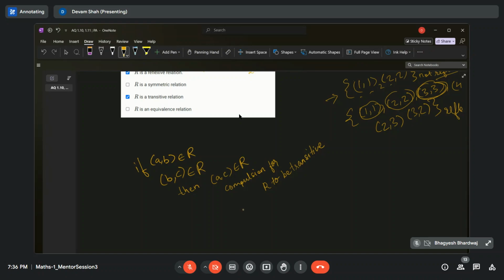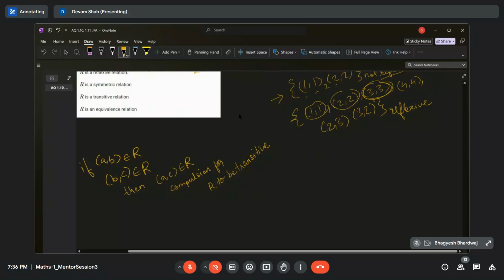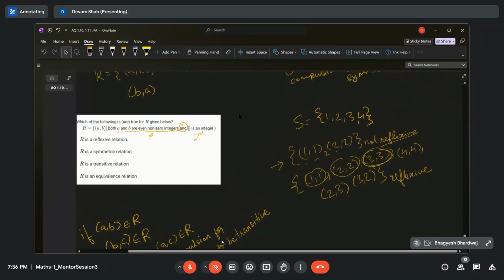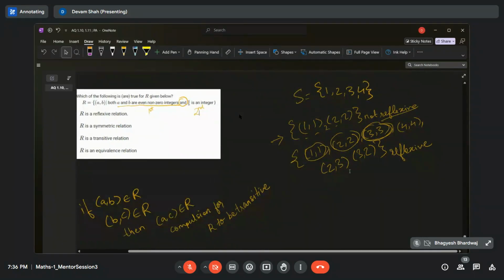As I said, in a reflexive set, if other elements are also present, it's still reflexive. But the same condition doesn't apply to transitive and symmetric. It is only and only for reflexive. Because for transitive and symmetric, if you add even one other term, then you have to check